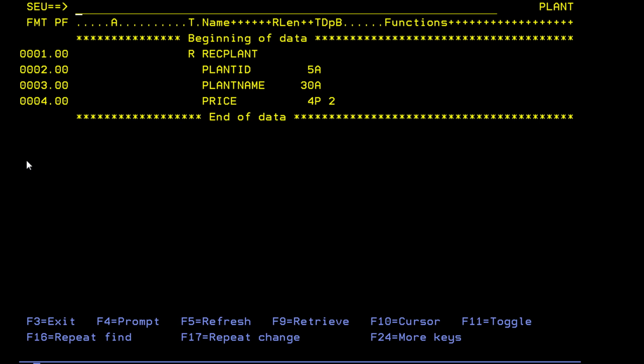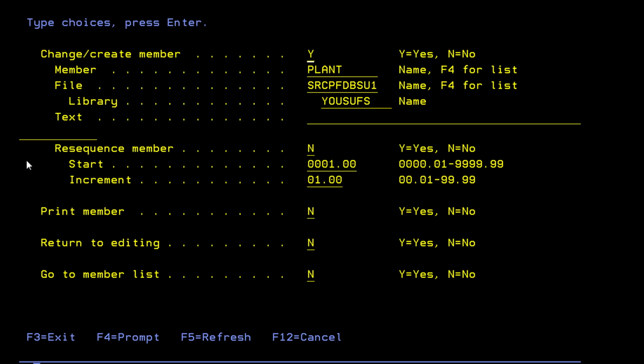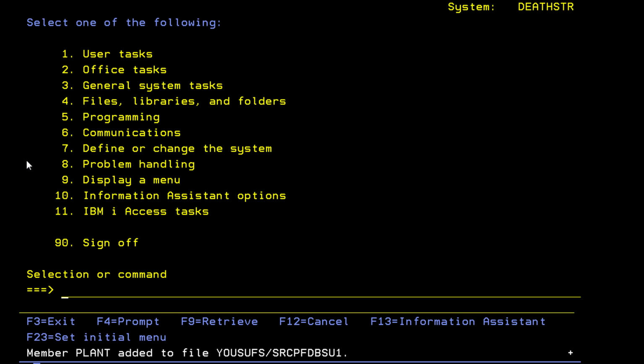As I press enter, that creates my record format and my fields. If I'm done with the data structure of this particular file, I can simply press F3 to come out of it. It will ask, would you like to save changes? I'll say yes, press enter, and now I am in this environment where I can compile my source code, and then once it gets compiled, I can see how to use the utilities to add data to it. So in this tutorial, what we have learned is how you can create a member, and create the source of the member in the